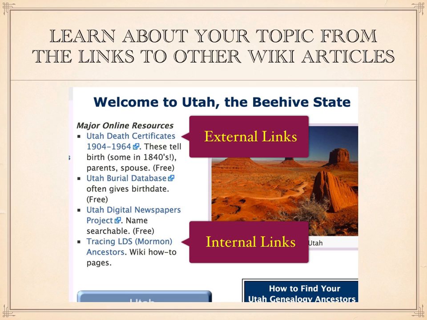In this case, the link is to Utah death certificates, which are contained in the Utah State Archives website. This little icon, the rectangle with the arrow, indicates that there is a link to an article outside of the wiki.